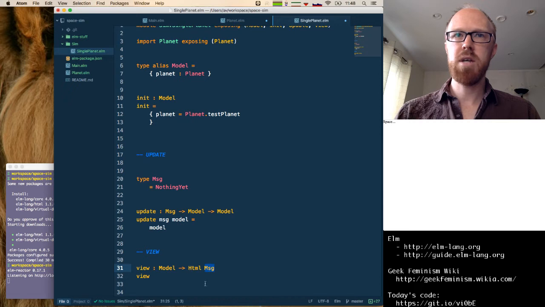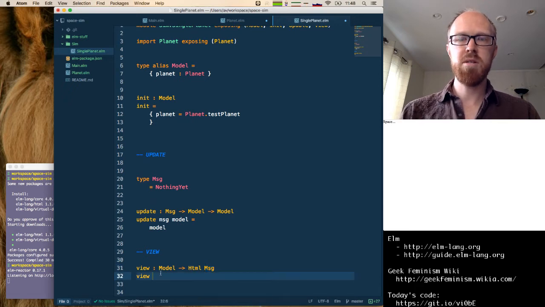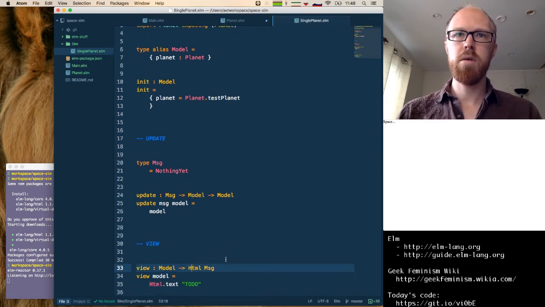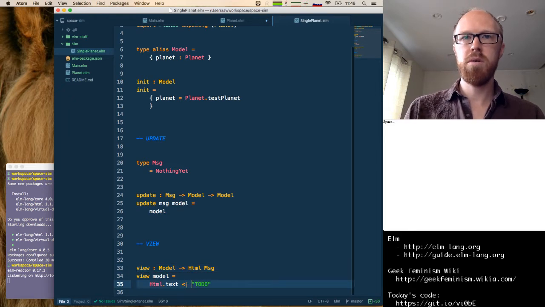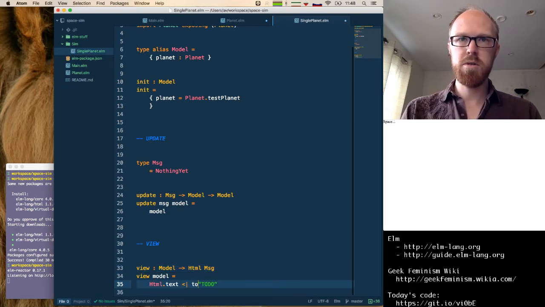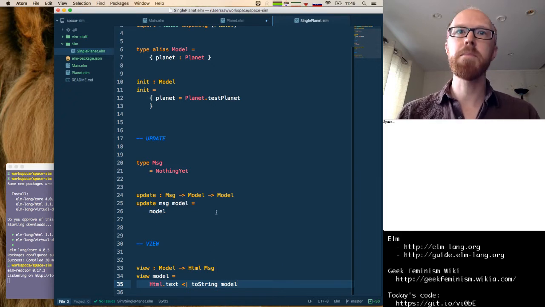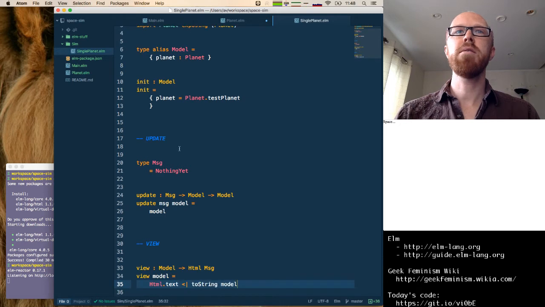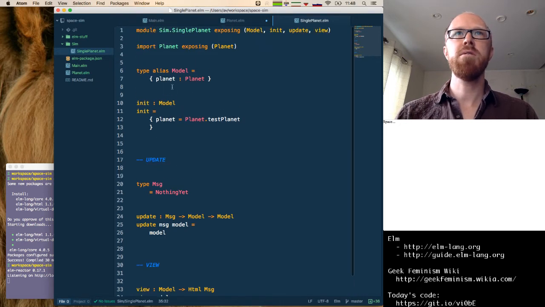But I'll just use this type since we know what it will potentially be in the future. All right, and actually, why don't we do this? Let's, for the moment, just toString our model and print it out. All right, so here's our single planet sim, or at least the template for it.